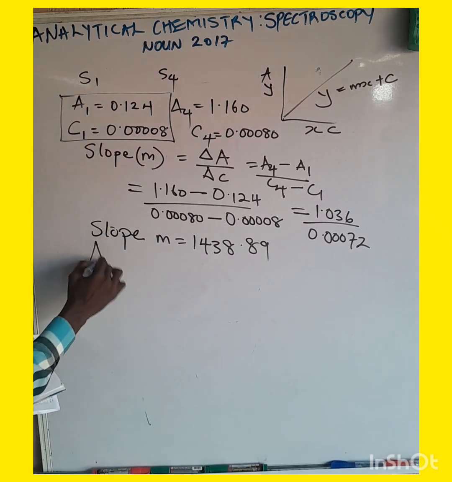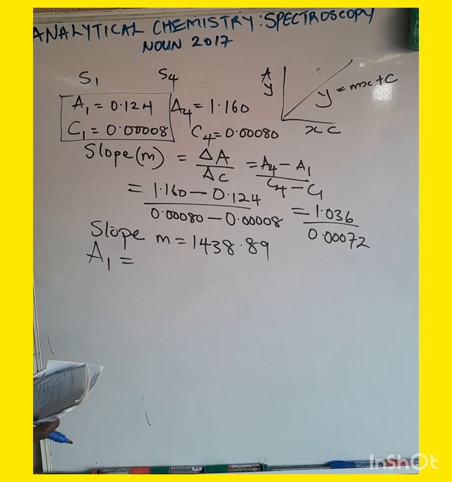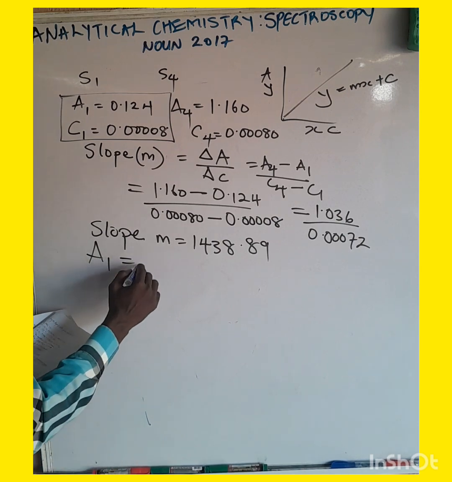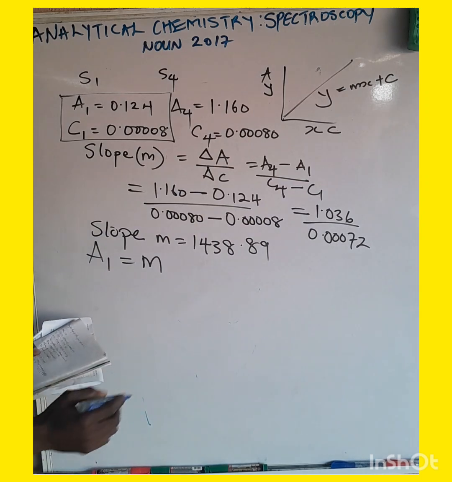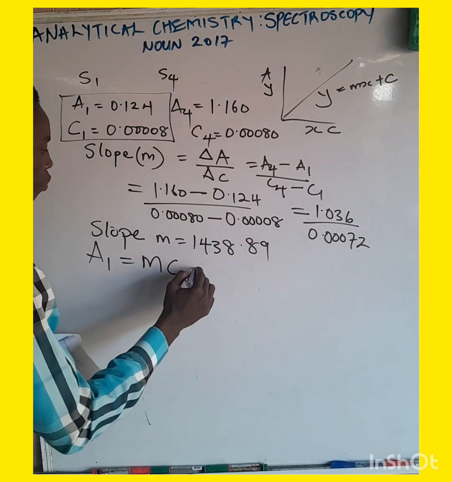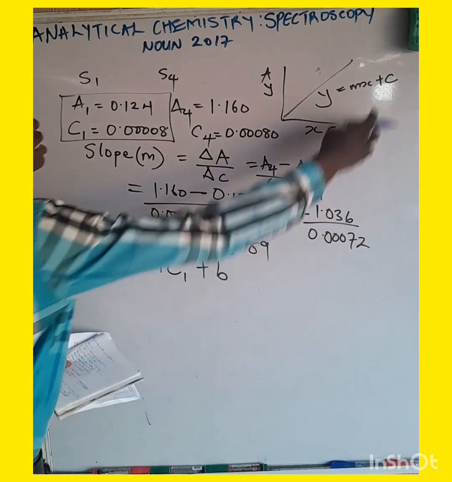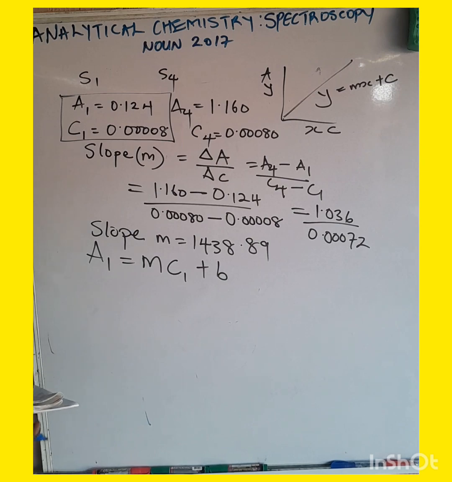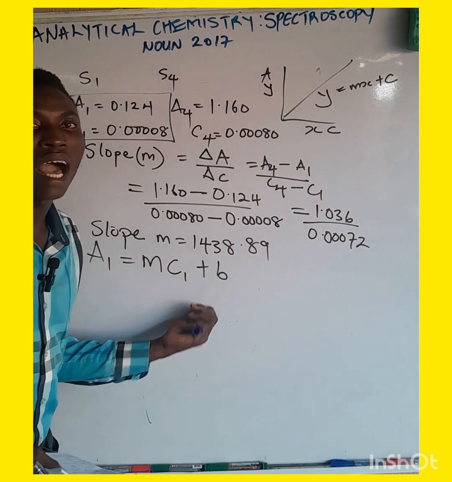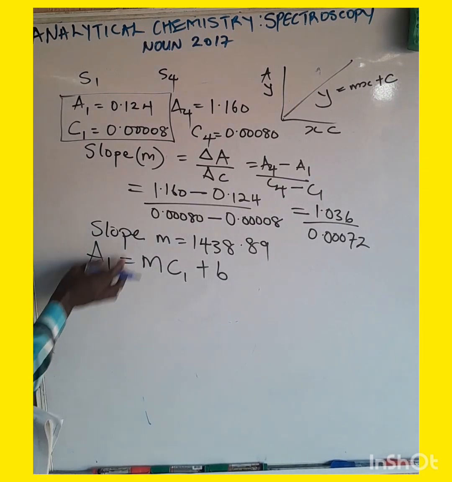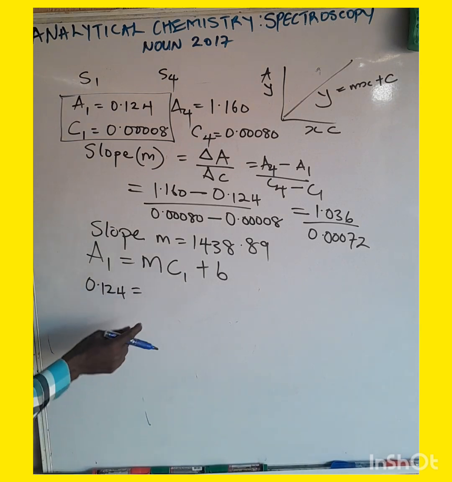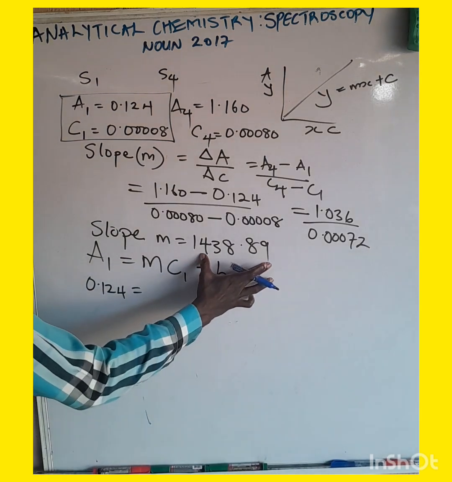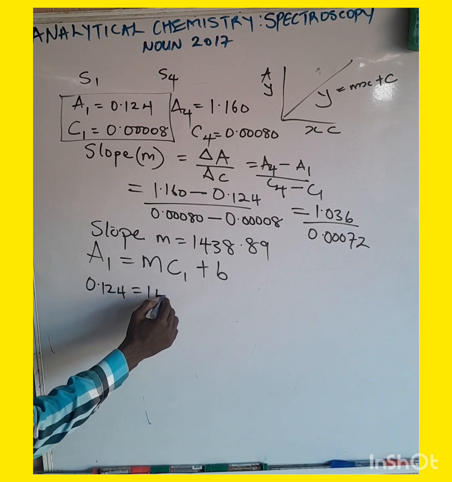So we are going to have A1 equals, so the next thing we are going to have there is what we call the M, which is our slope, just like what we have in this place, followed by what we call the concentration. Then we are going to use B alongside in place of C here. So with respect to what you have here, what is our A1? Our A1 is given to be 0.124 equals to our M, which is what we have calculated in this place, is given to be